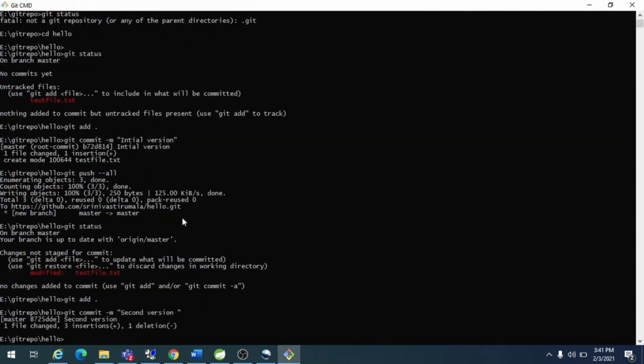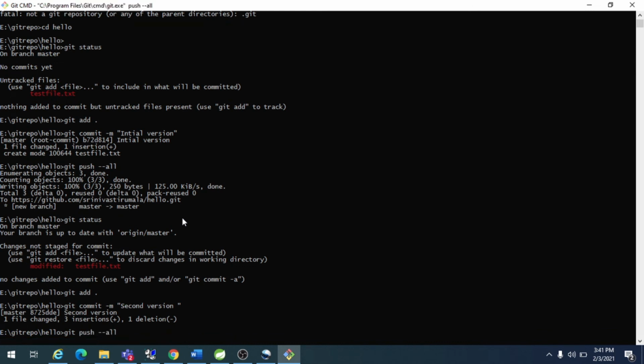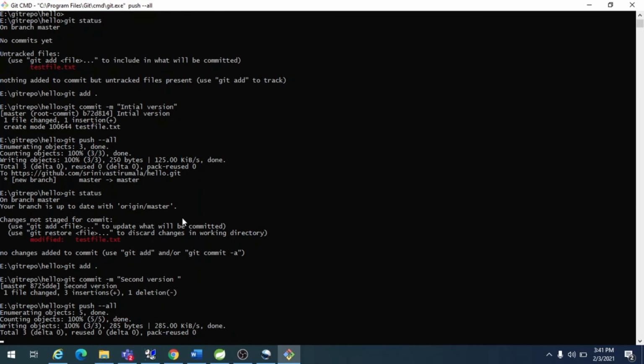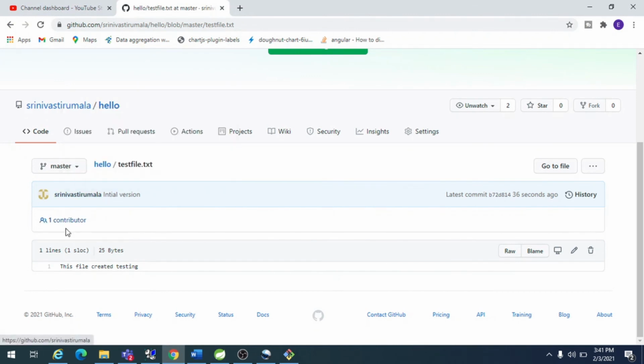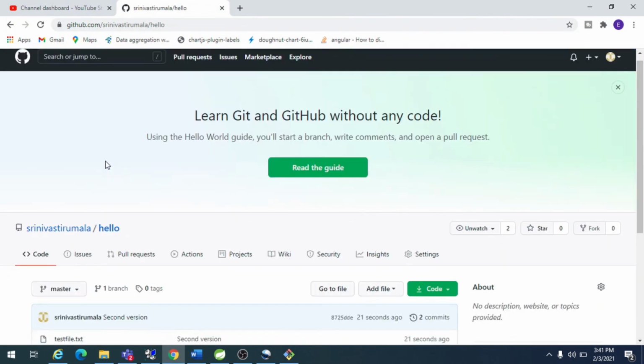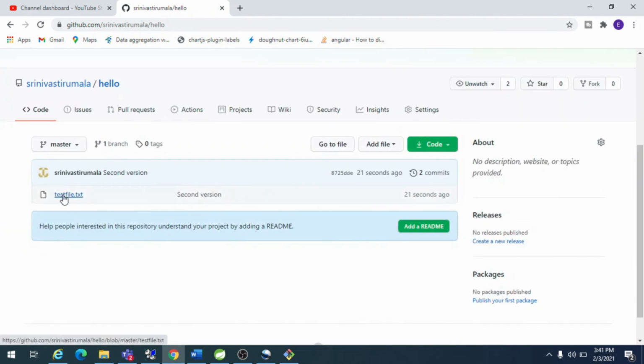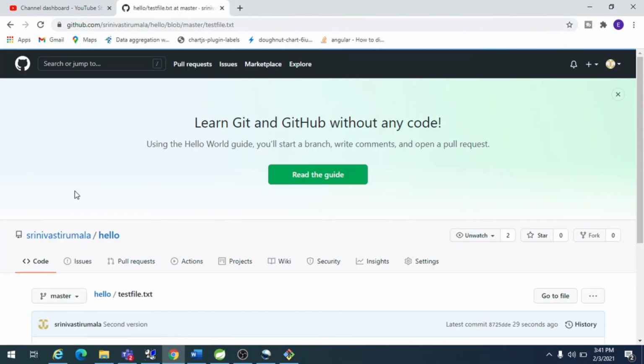Again I will push this file to the repository. Now I will go again, and the second version is there, so I can see what the changes are from the first version to the second version.